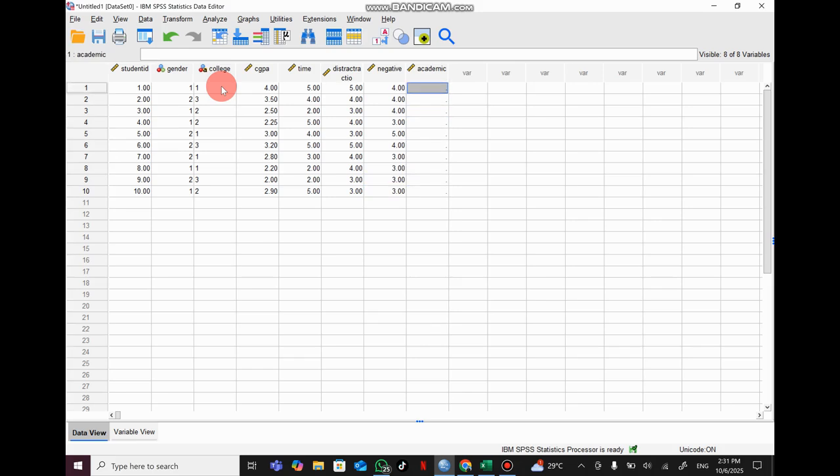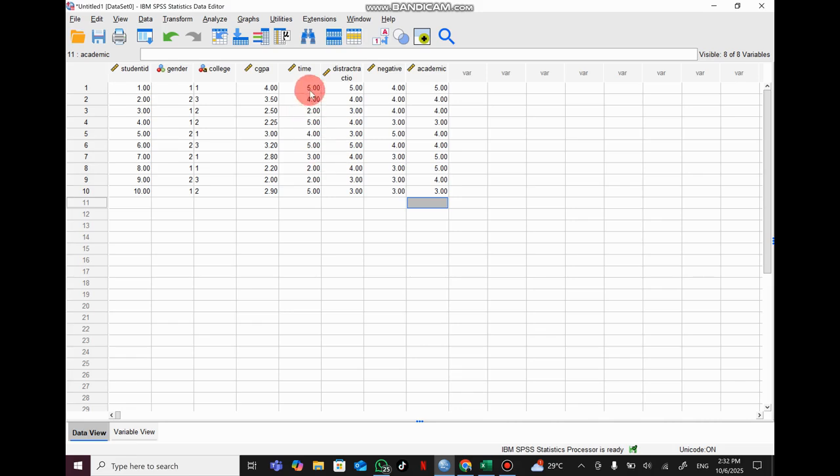And academic performance here, maybe 5, 4, 4, 3, 4, 4, 5, 5, 4, 3. So this is how to enter the data in Data View based on the Variable View.